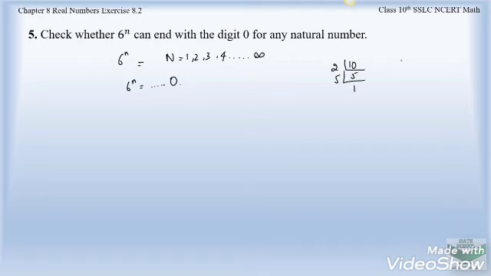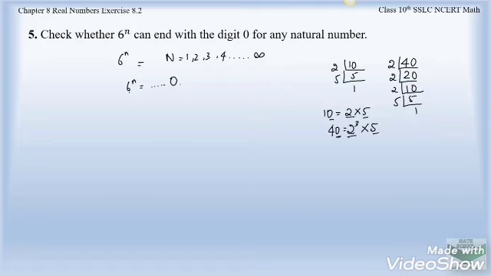Again, if you consider another number which ends with digit 0, such as number 40, let us factorize. 2 2s are 4, 2 0s are 0, 0 comes down, 2 1s are 2, again 0 comes down, 2 5s are 10 and 5 1s are 5. So the factors of 10 are 2 into 5, and the factors of 40 are 2 into 2 into 2, that is 2 cube into 5. One thing we can observe from this is any integer which ends with digit 0 will have the common factors 2 and 5.